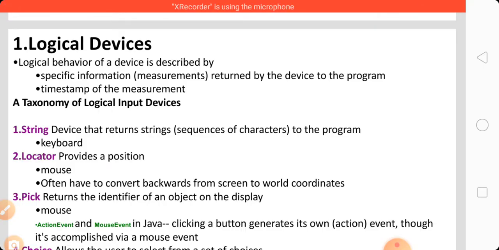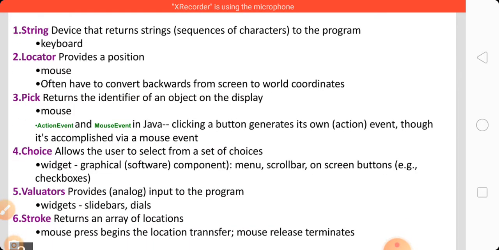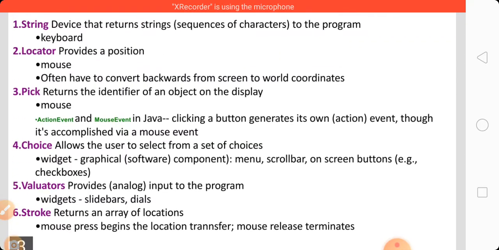A taxonomy of logical input devices is: first, string; second, locator; third, pick; fourth, choice; fifth, evaluator; and sixth, stroke.